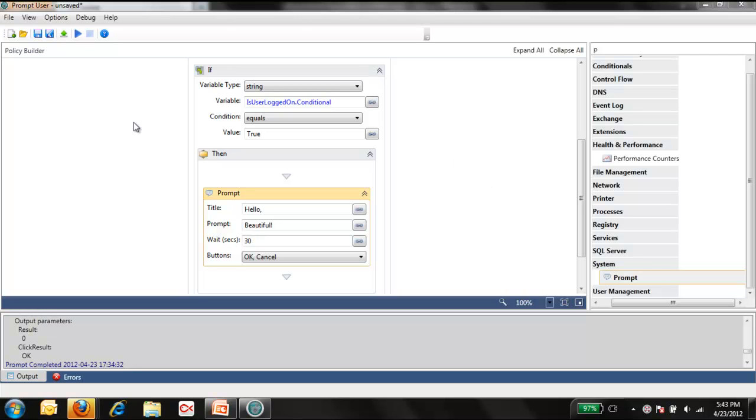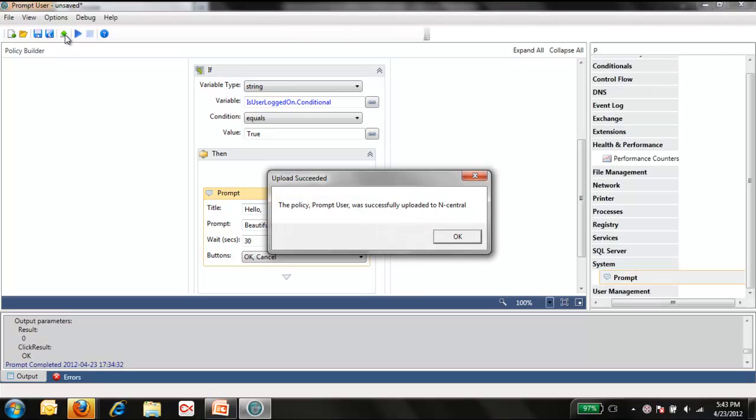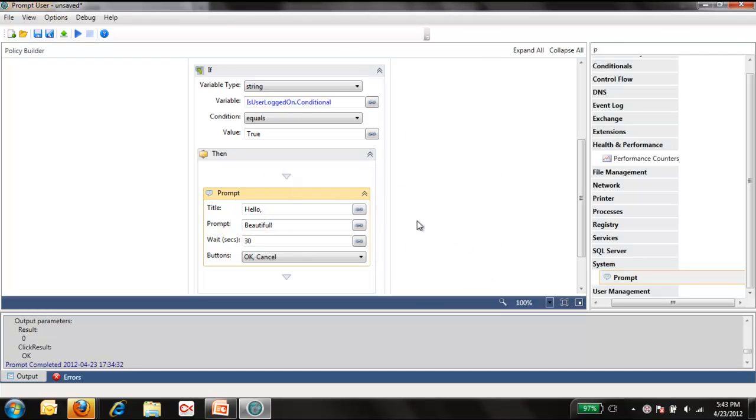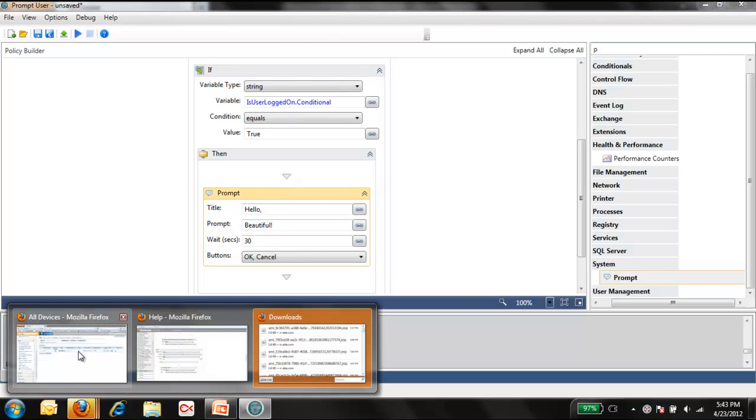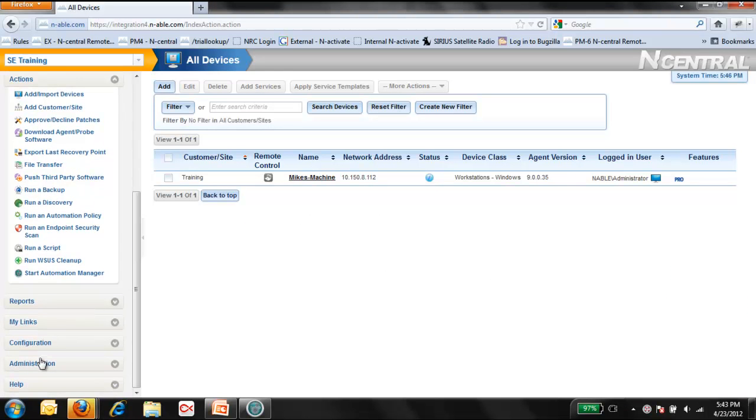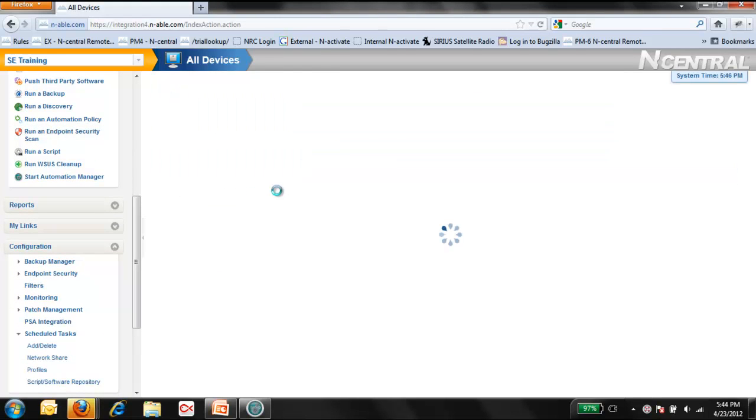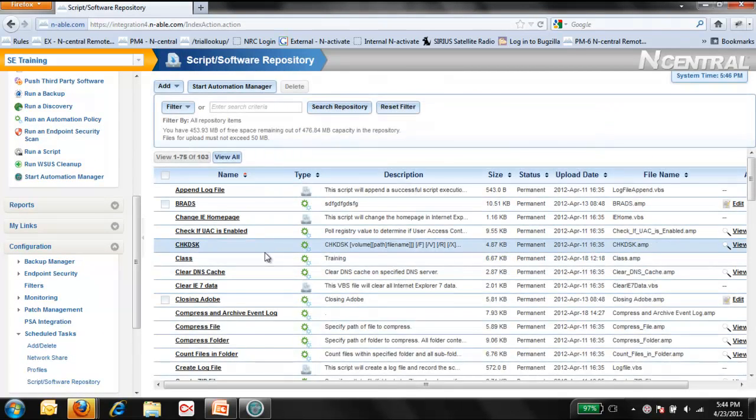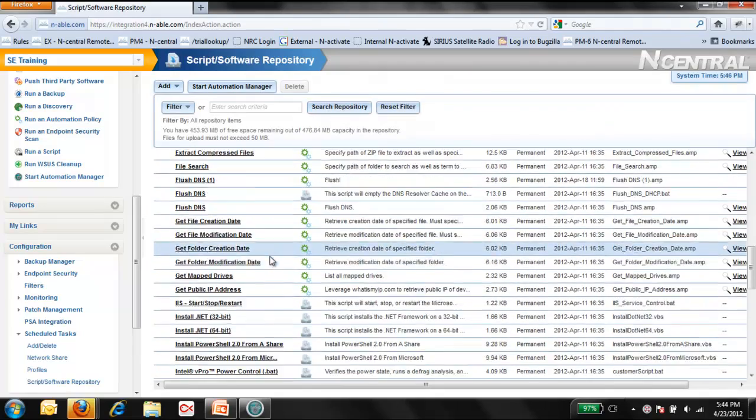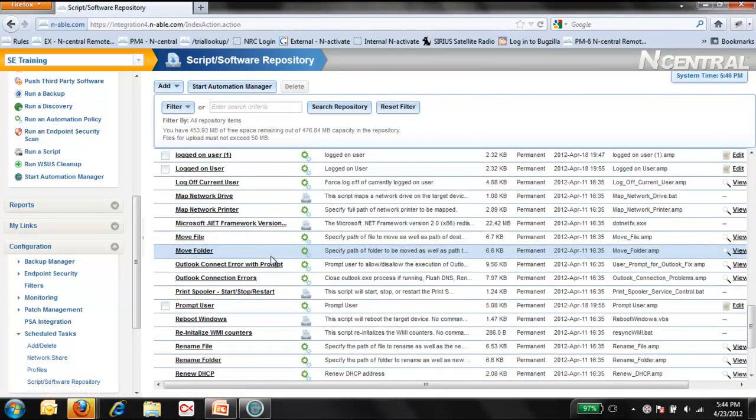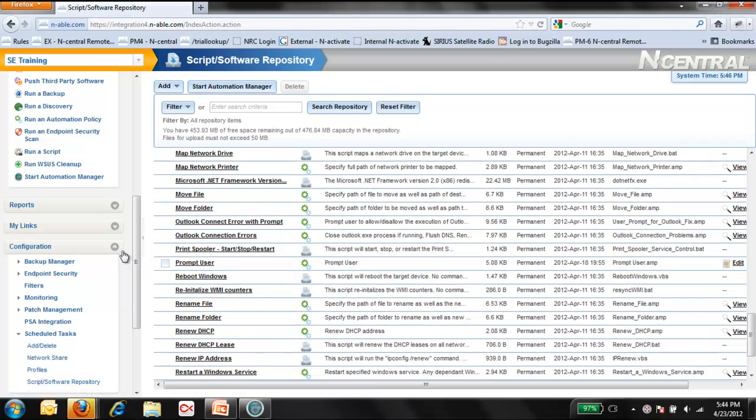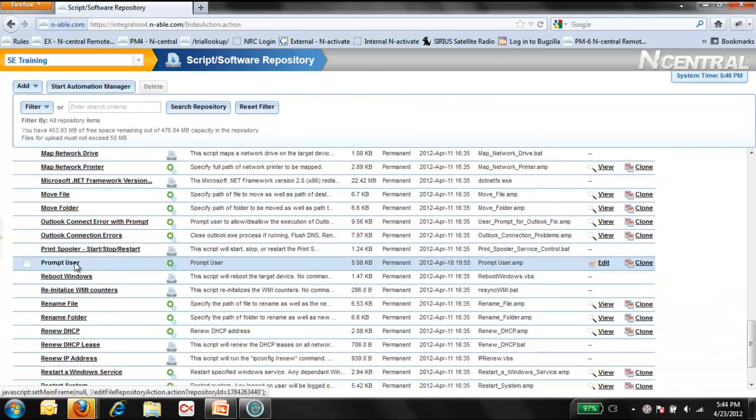One of the last steps that I can do is select my upload button, as perhaps I want to bring that directly into N-Central. And there it will be located within that list of automation policies. So coming back in here, and looking down, we'll find that prompt user, and there we have exactly my automation policy that we've created within the